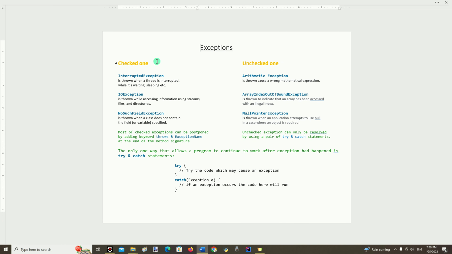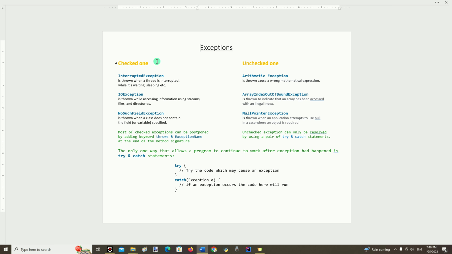While executing Java code, some errors or exceptions can occur. They terminate the program, and these exceptions need to be handled for the program execution to continue. There are two types of exceptions in Java. Checked exceptions may happen at the time of code typing and before running the program. They are named compile-time exceptions, like InterruptedException, IOException, NoSuchFieldException, etc.